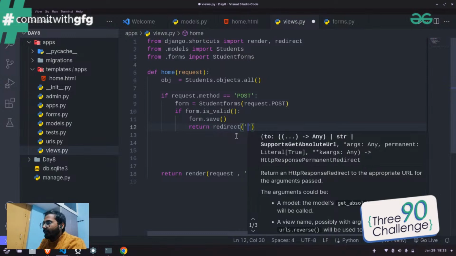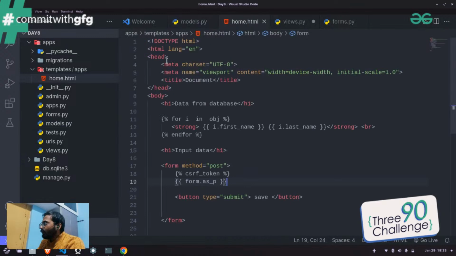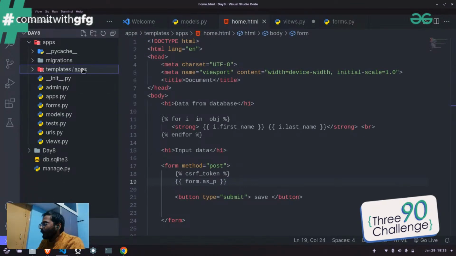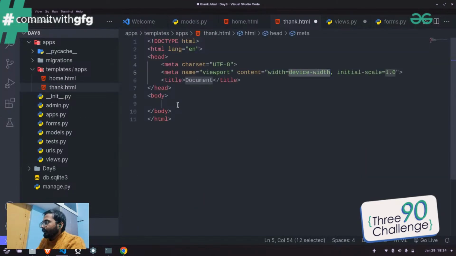Right now I just give the redirect method is home, right? Home. So what is the home URL, not this html page, because over here, as you can see inside the URLs, what I can do is quickly make a thank you page, right? So thank, okay, thank.html, I just make it. For that I just say h1